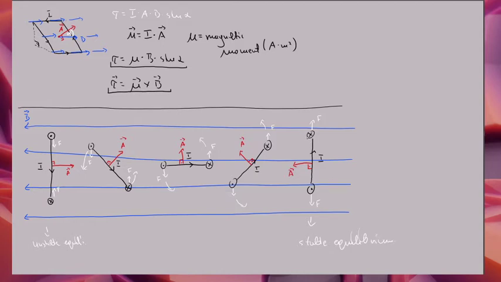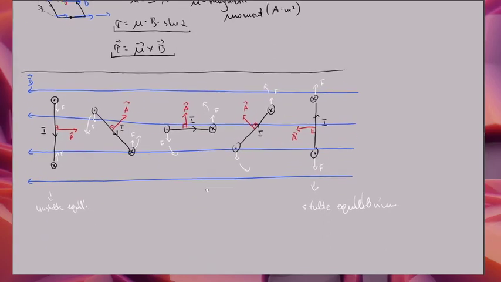Meaning that even if I push this a little in this direction, this whole loop is going to simply come back to where it was. It's going to go back to its equilibrium position, right? Versus if I go to this one and push it a little off, I'm going to get this whole rotation going until I end up in this spot. So on the left, I have an unstable equilibrium. On the right, I have a stable equilibrium. That's the first thing you should notice. The next thing is that